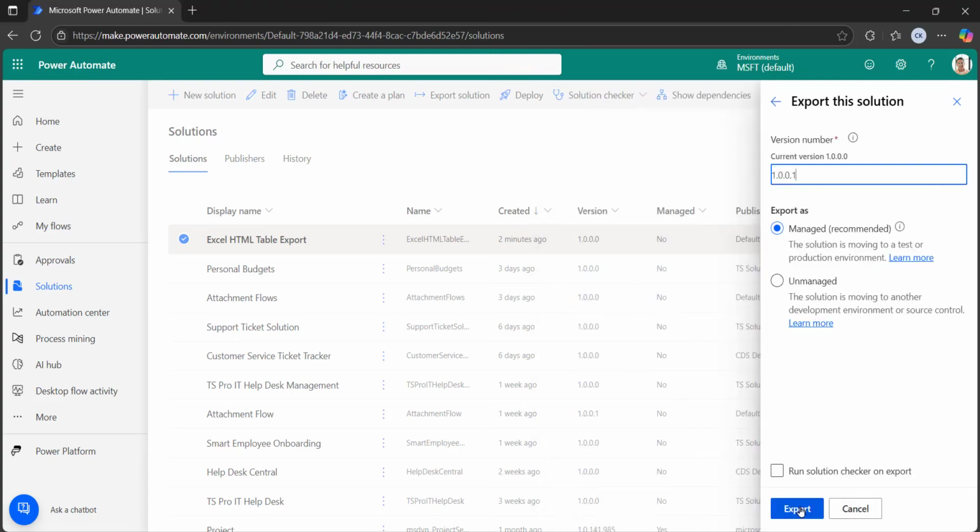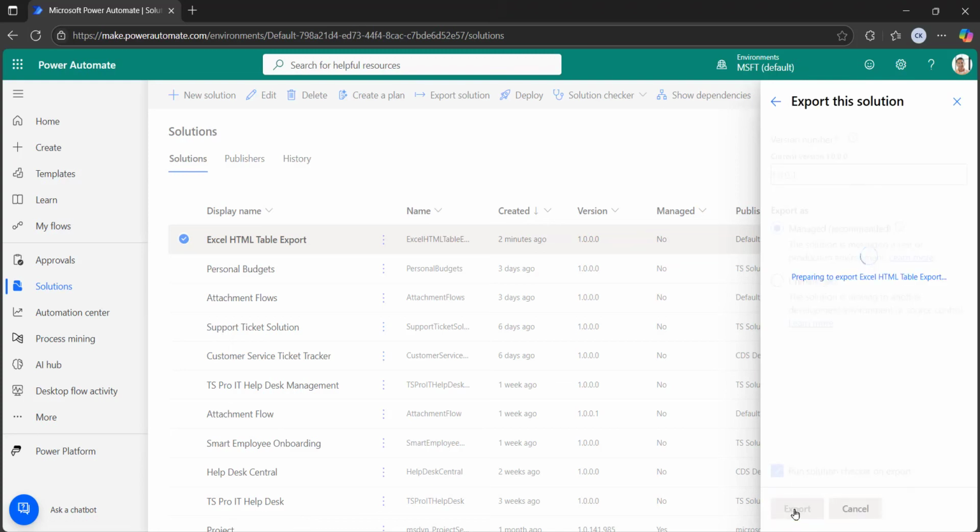Click on the next button. Then it will open another pane, that is Export this solution. You can choose managed when the solution is moving to a test or production environment, or you can choose unmanaged when the solution is moving to a different development environment or source control. Here I am moving my solution into a different environment but in the same tenant. By default this one is selected, so I will keep it like this and click on